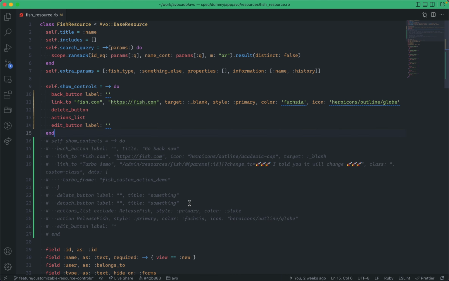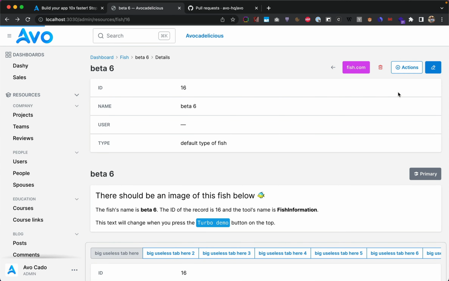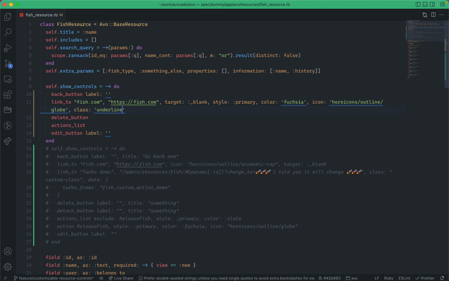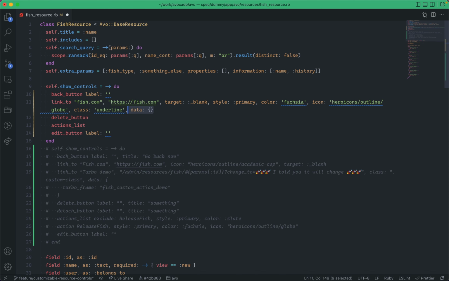What else? I was thinking of something even cooler. So you can even add data attributes. You can add class attributes here. Underline. Let's see how this works. Underline. And you can even add data attributes. So you can add data, and I'm going to copy this turbo frame helper here. So you can add turbo frame. So this really opens up a lot of functionality. But actually, I'm going to leave that alone and just copy the whole thing because I have that URL